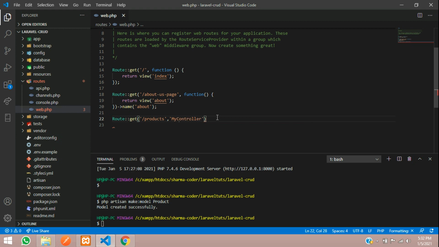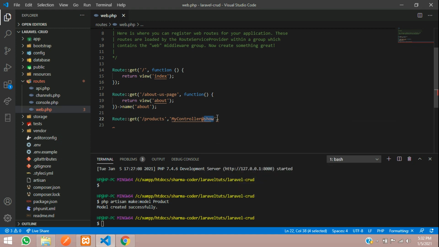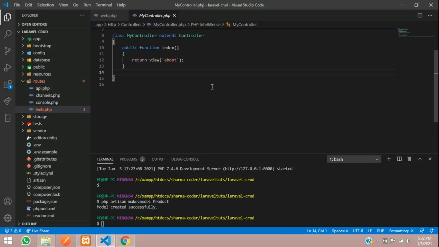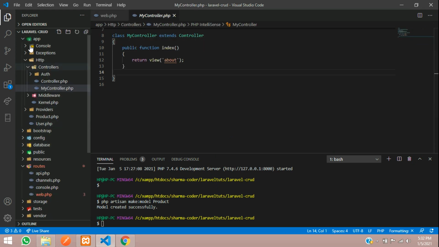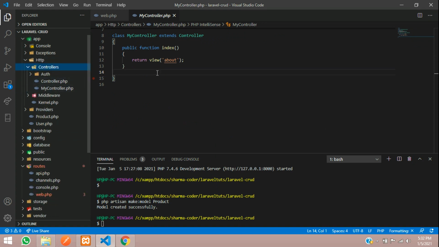It was MyController at function name. We have used index, so let us create a function called show. Press control and click on this, and it will take you to the controller. If you want to know the directory, it is app, Http, Controllers, and inside it you'll have your controllers. We had given the function called show over there. So let us type here public function and paste that function name